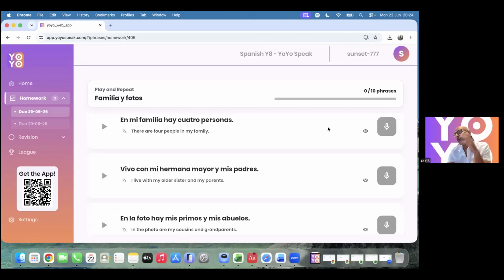If the PDF was just an information sheet talking about a particular subject, the AI in the back end will create appropriate phrases for the language and the year. So it knows it's year 8, so it's targeting at that level. Or you can specifically ask it to focus on a particular area or make it extremely hard if you wanted to.